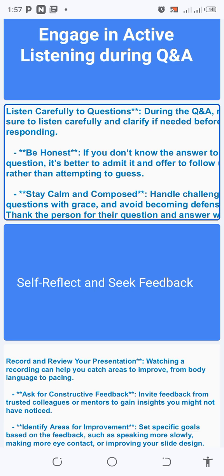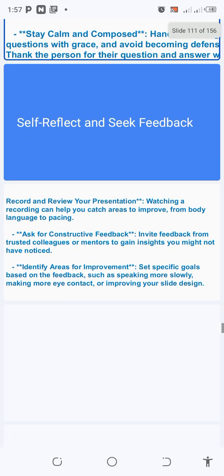So don't defend what you don't know. Defend only what you know and answer questions with grace. And thank the person for their question and answer. If you have somebody who wants to help you chip in one or two things, accept them, thank them for helping out, and know that it doesn't put you down in any way. Yes, you even had more to your knowledge. And lastly,